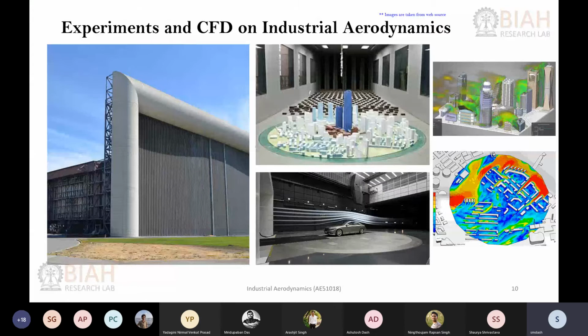Whatever we have learned in theory, we will try to get more insights into, either experimentally or from CFD: the flow field, the time evolution of the flow field, the velocity field, vorticity field, even the pressure field. That information we can get using the CFD tools that you already know, and the experimental information or validation of your CFD data through experiments. And in some cases, experiments are more reliable and feasible than computation. So those things we will try to cover here.